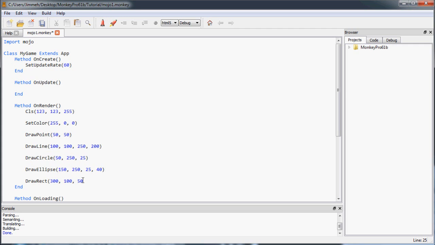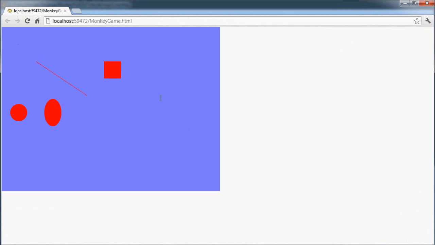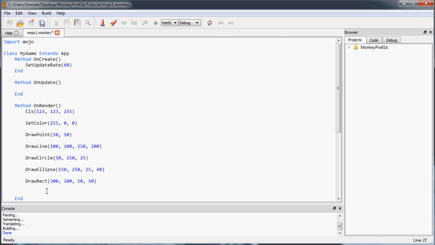So this gets added to the x coordinate to make our final rectangle. So we're just going to make a 50 by 50 square, and so you can see what that looks like. There's our nice little square. Now the next one I'm going to show you is the final shape drawing command, and this is the draw